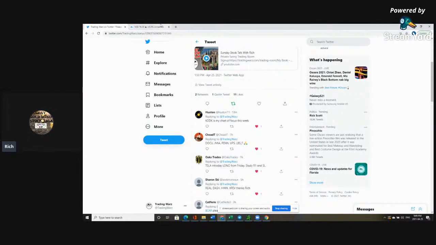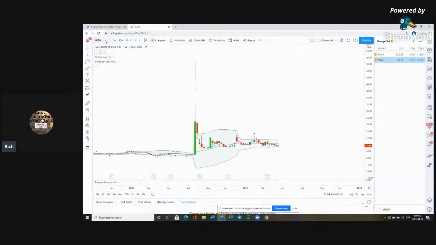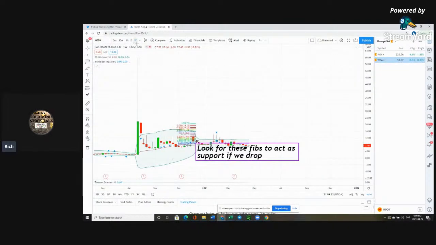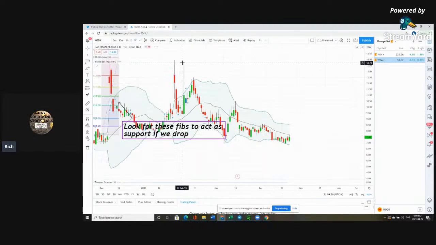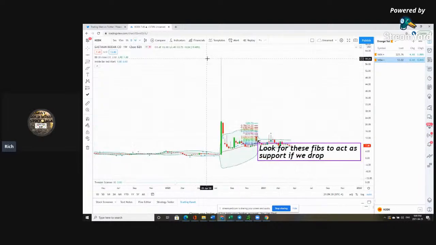All right. Huxton is saying Kodak is his chart of the week. I don't know why this is the chart of his week. I don't know. This doesn't look too good to me. Yeah, personally,